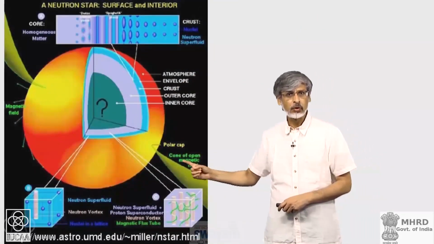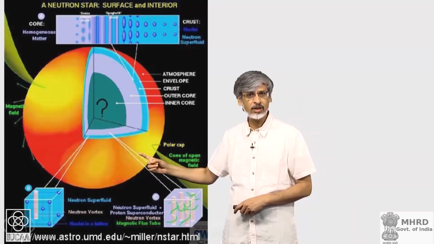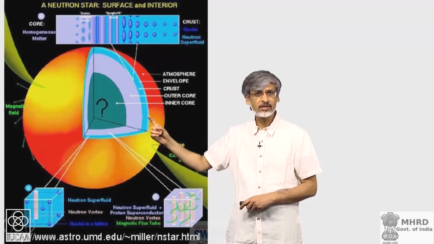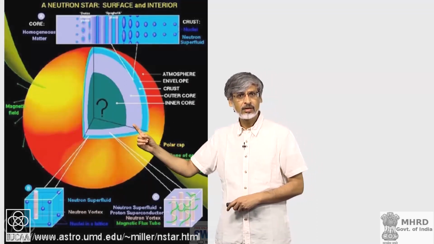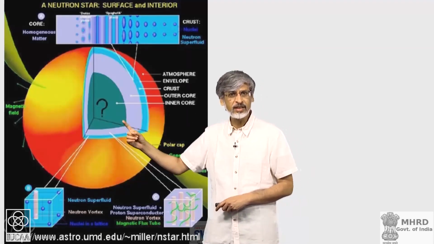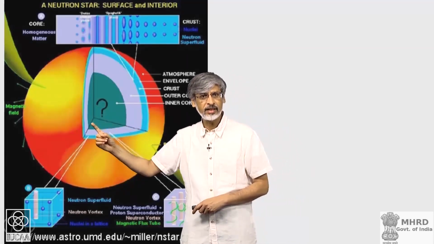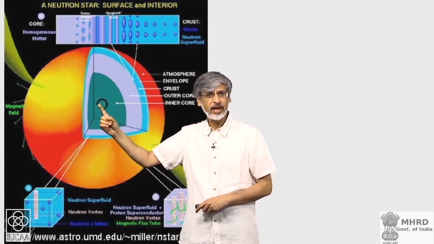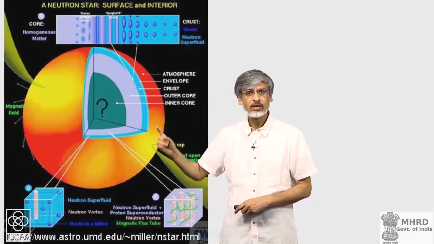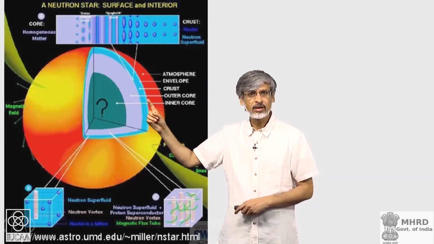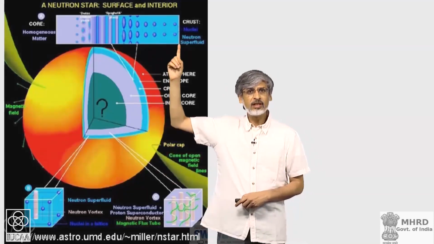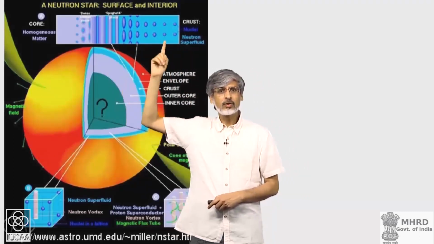This diagram shows the various components of the neutron star that I was talking about. This blue shaded region here is the crust. The core begins with this pink shaded region, and at the very center you have the highest densities, and the nature of the matter there is somewhat unknown, and that is why a question mark has been put there. So, you have the crust where you have nuclei. Initially you have nuclei